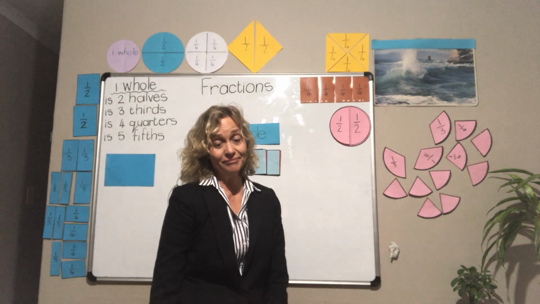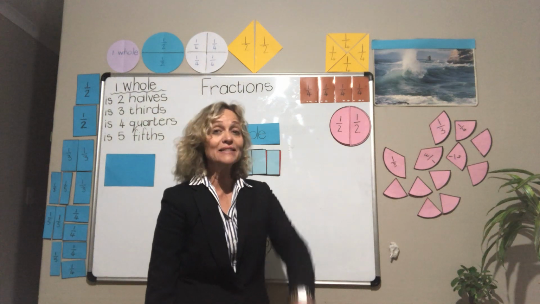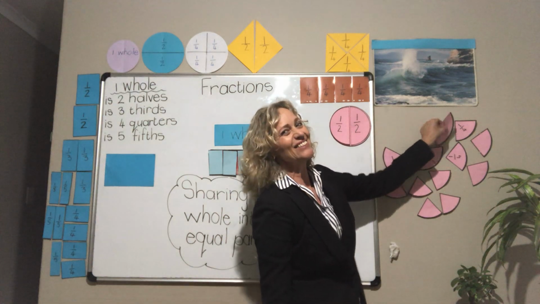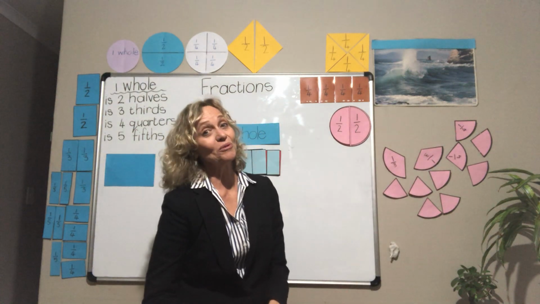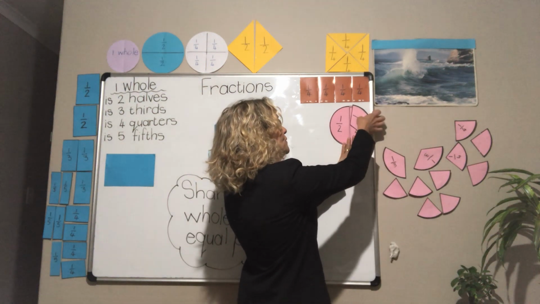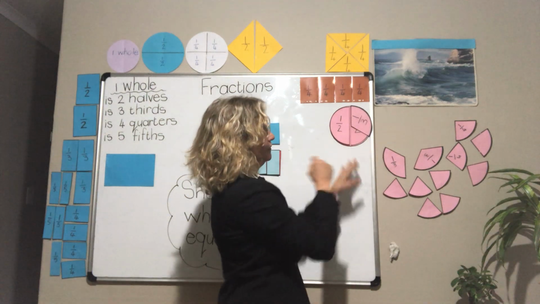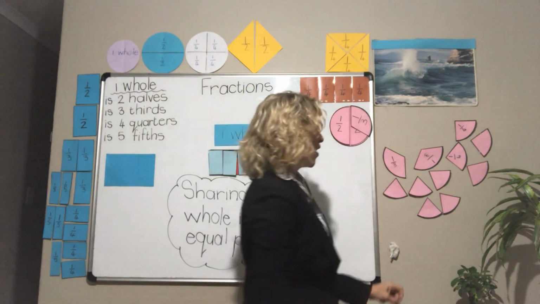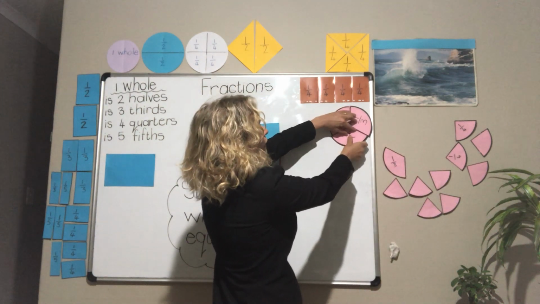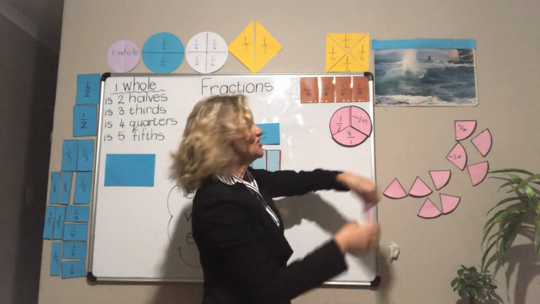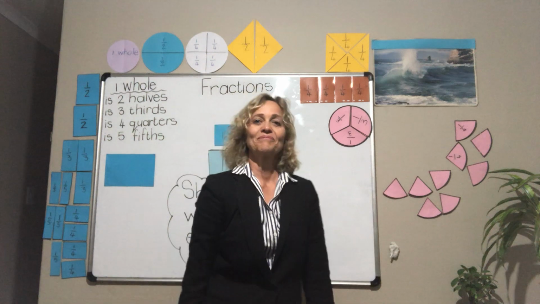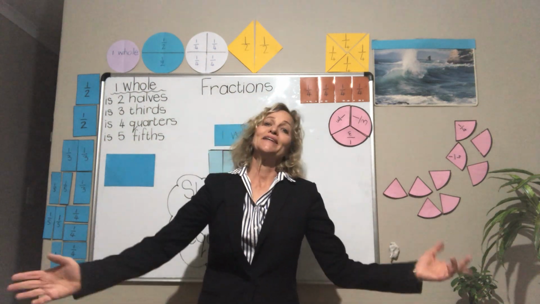But oh dear. Now, my neighbor's husband comes along. Let's see what happens. All of a sudden, the 2 halves will no longer be efficient. Now, we have to start working with thirds. And as you can see, my third is slightly smaller than my half. So now I'm going to be a good girl, and I'm going to share it into 3 equal parts. There we go. But oh dear,